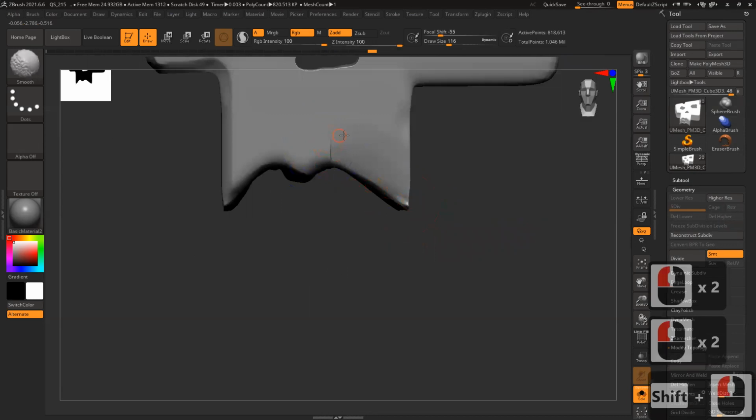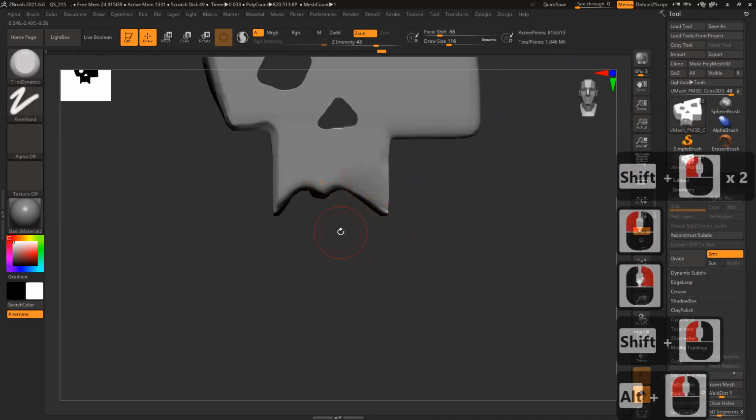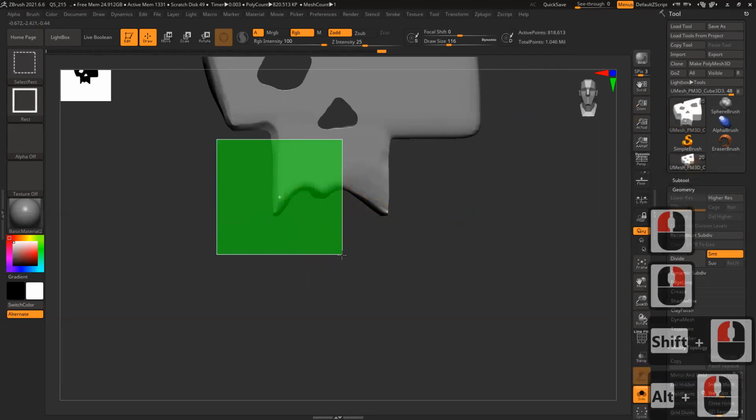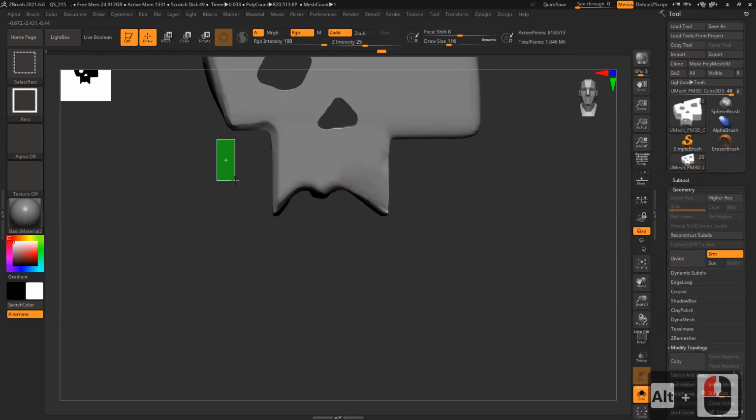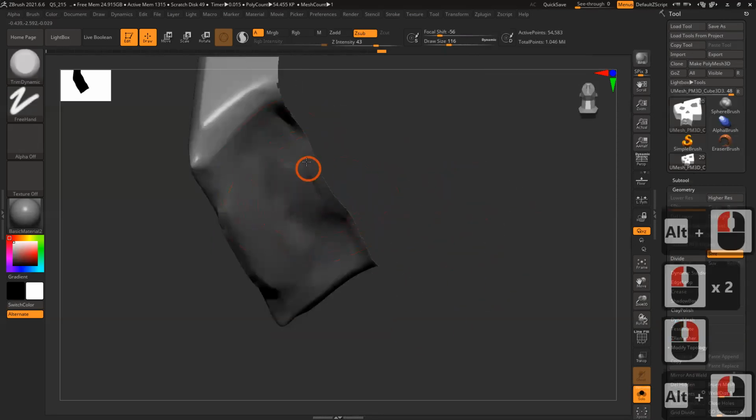Invert. Similarly, see, this part is almost clean. Select this part only, make it flat.